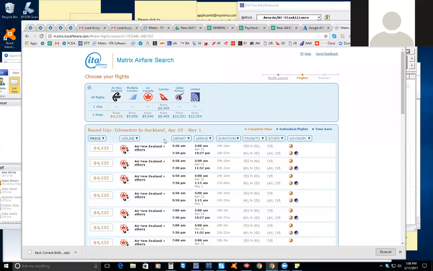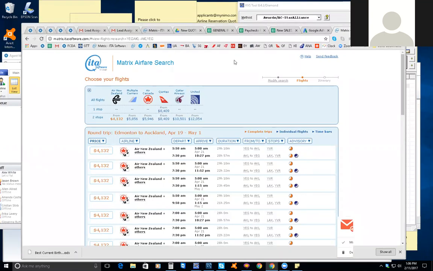Okay, so in premium economy it sells for $4,000, in business class it sells for $5,000. So by looking at Matrix we can tell this is a good one to work on because the ticket's not cheap. It's not like an $800 ticket or something like that. So actually I can probably send either a business class or a premium economy quote and be successful at saving